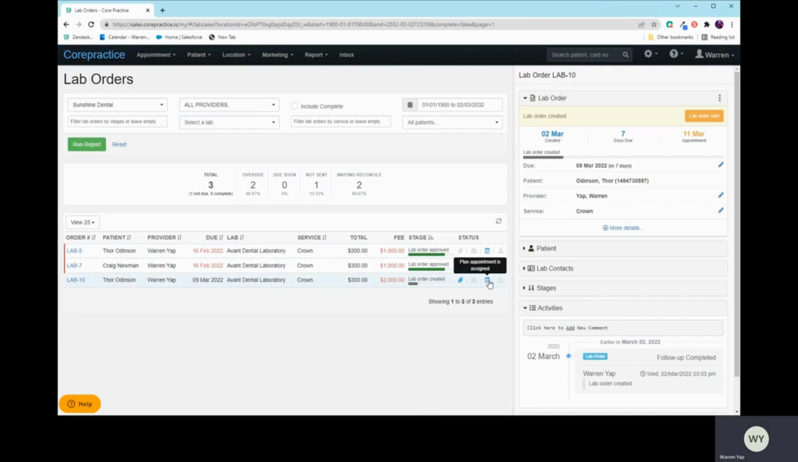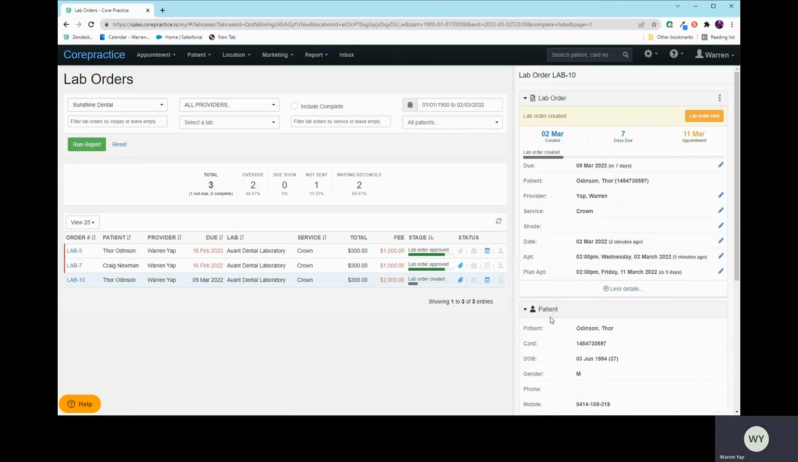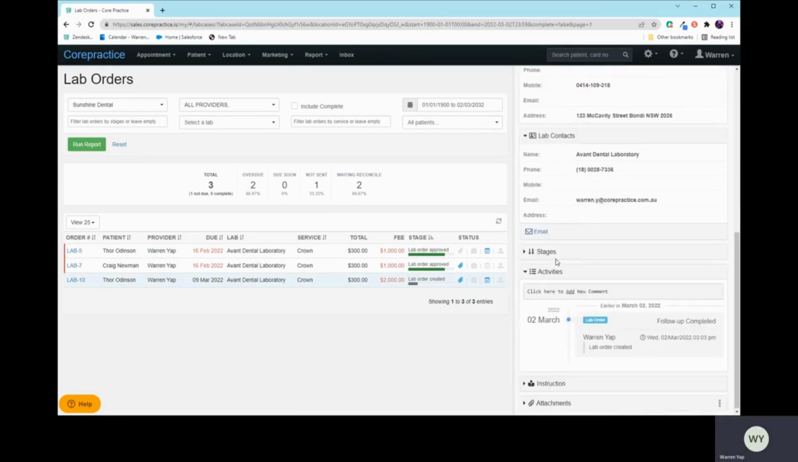You will also see that if there's a planned appointment assigned, that means it's obviously very important that we get this on time. And then the lab order was obviously not published at this point. So let's take you through it and show you what the stages look like. So what I'm going to do is, as I look at this, I just want to make sure I've got the right details. I'm going to send it to the right